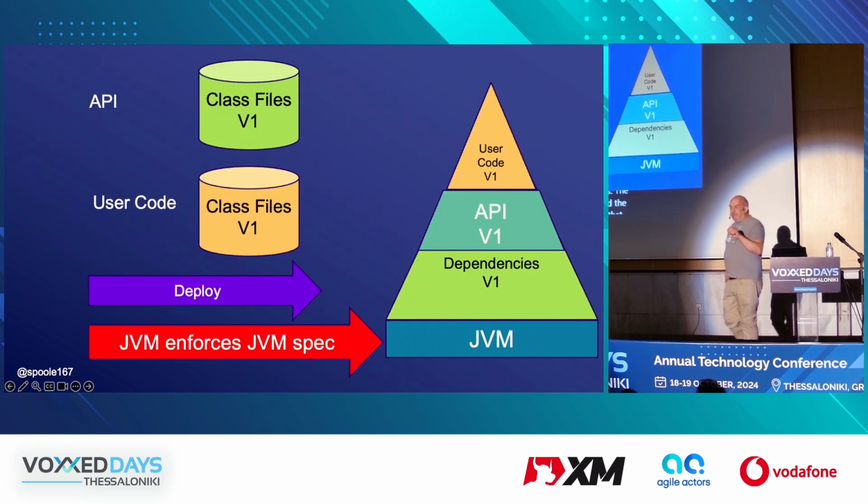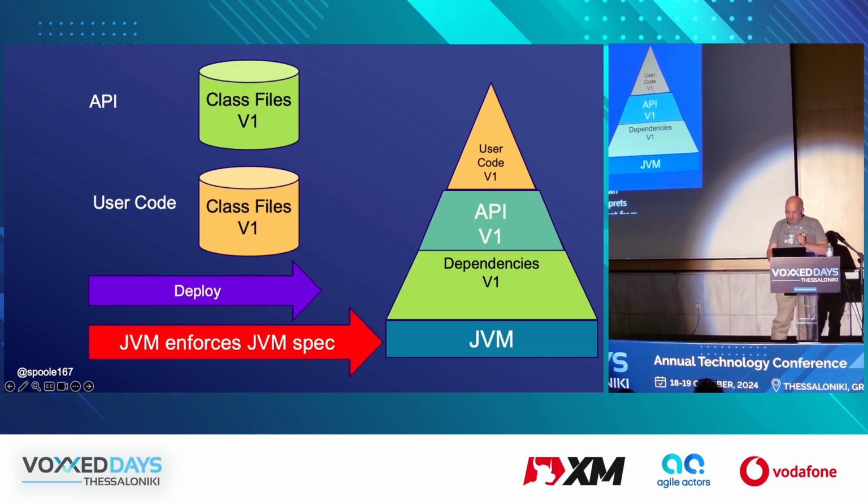When you run it, the rules in that class spec are for how to parse Java code and create a class file. The JVM doesn't quite understand classes the way that you do. And when you put classes into the VM, when you stack them on the class path and run things, the JVM enforces its own rules. The way that it interprets class files and classes is different from what you might think. Most of the time you won't notice, but it can bite you.